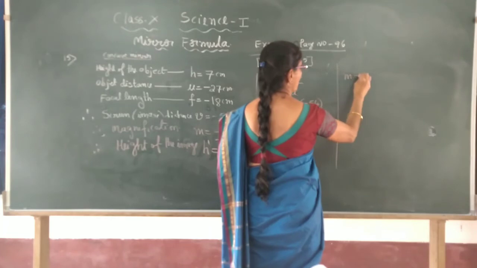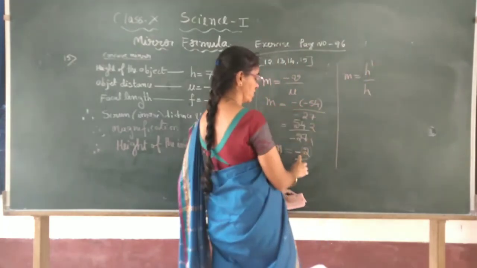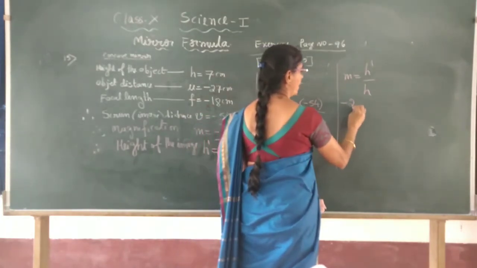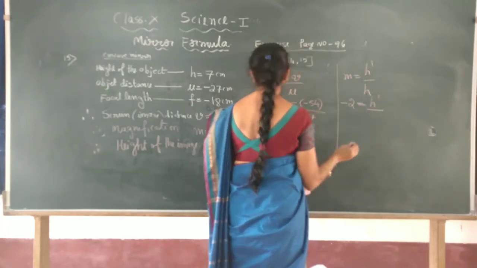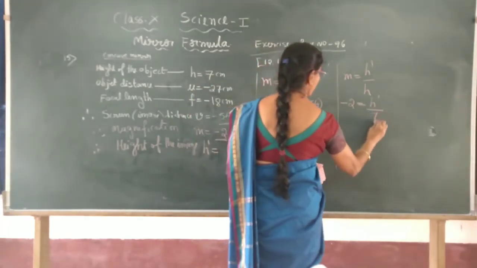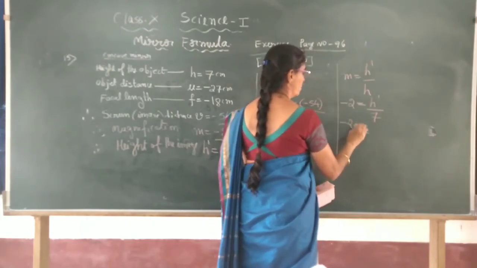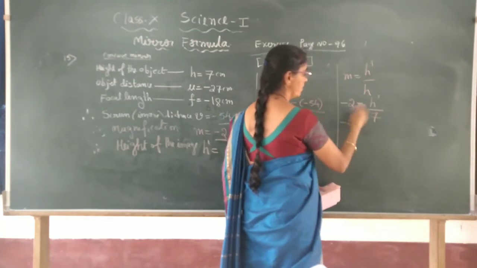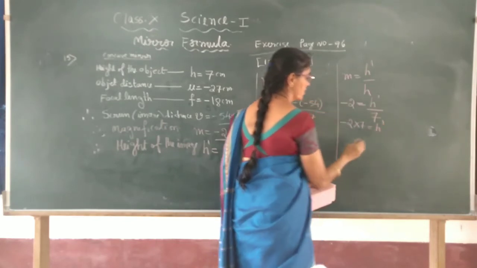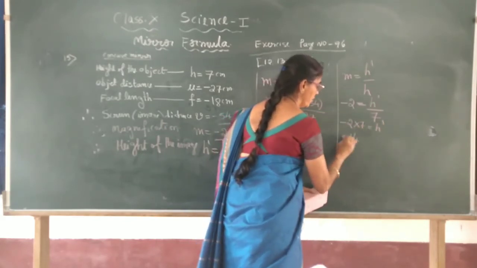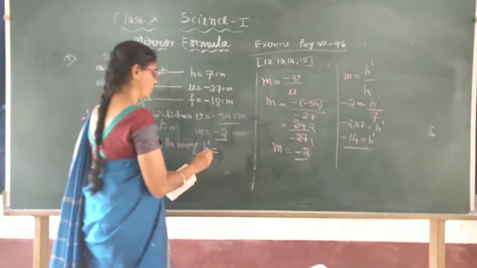So magnification m is given by h dash by h. Now I know the magnification is minus 2. Minus 2 is equal to h dash by h. What is the height of the object? Height of the object is 7. So if you bring this side, divide will change into multiply: minus 2 into 7 is equal to h dash. 7 2s are 14, but with the minus sign, so it is minus 14